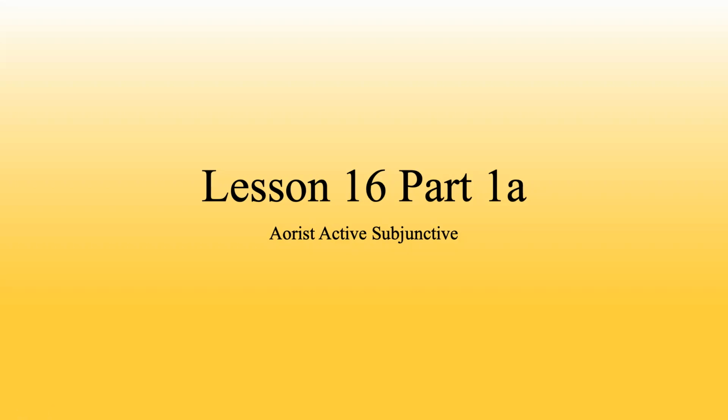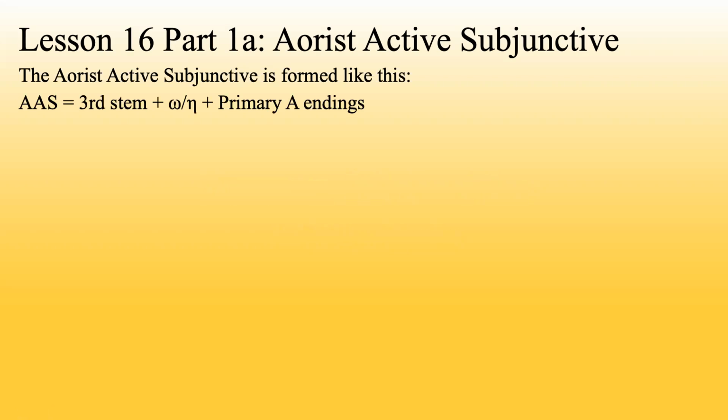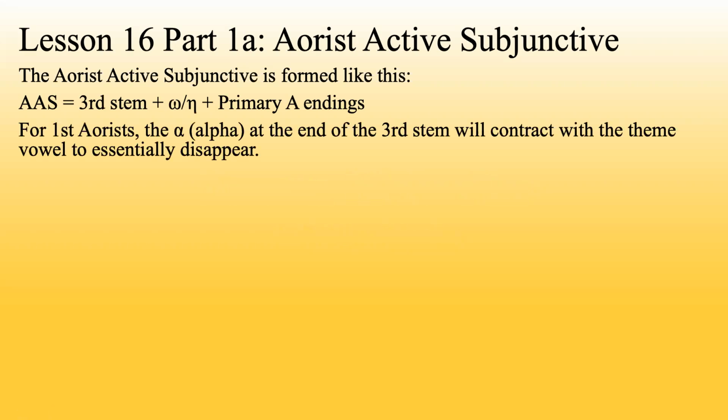Lesson 16, Part 1a, Aorist active subjunctive. The aorist active subjunctive is formed like this. Aorist active subjunctive equals third stem plus omega eta theme vowel plus primary A endings. For first aorists, the alpha at the end of the third stem will contract with a theme vowel to essentially